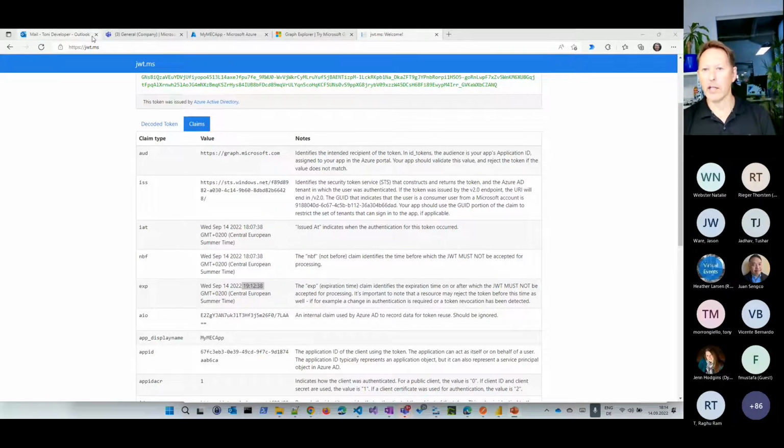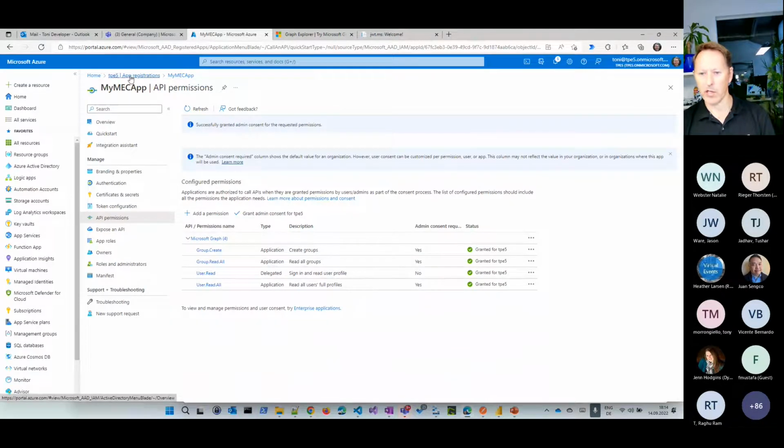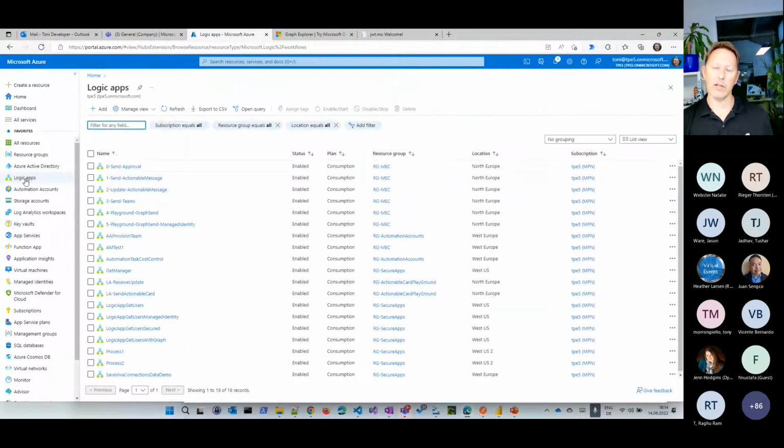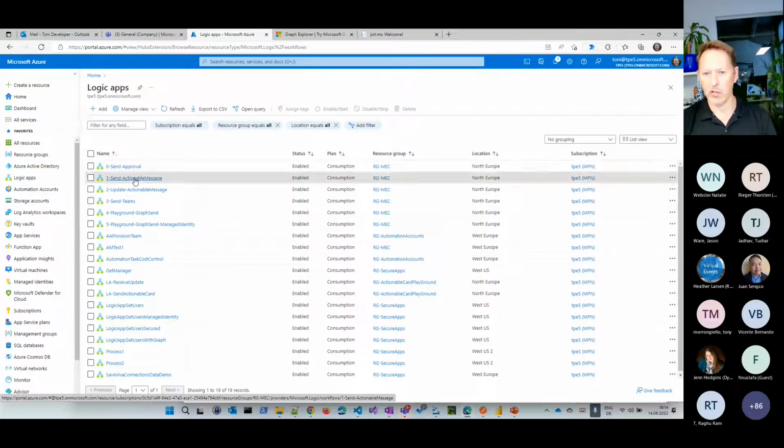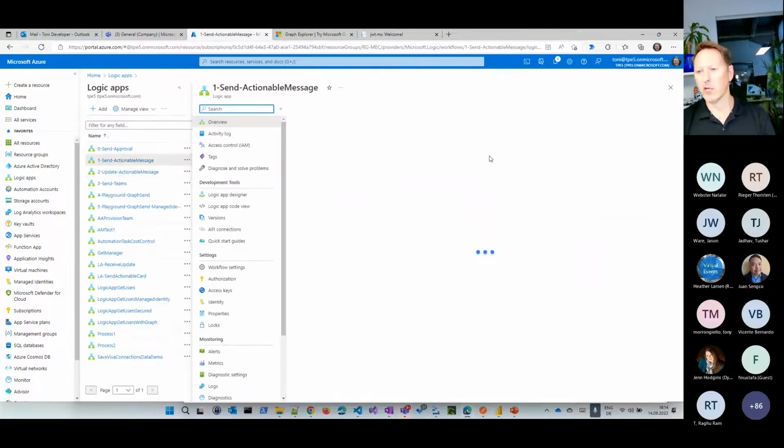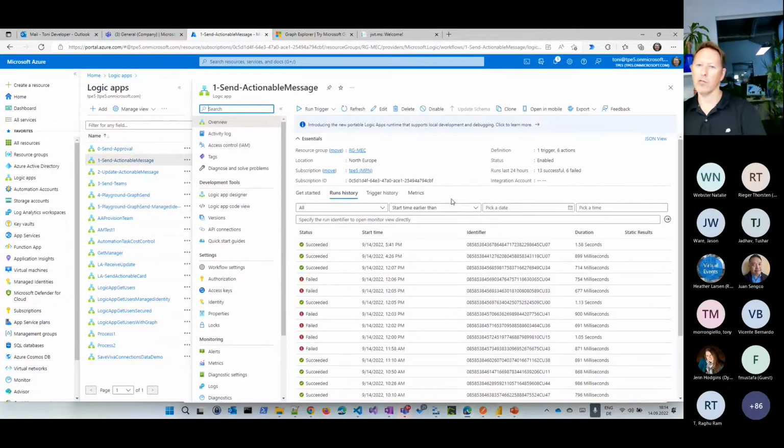Okay, once I'm authenticated, let's go back to my Azure portal here. What can I do here? Well, we have two services we can use for small automation things. So for example, here's a logic app, which also could be a flow here. And logic apps or flows are using connectors, and the connectors always authenticate with a user account, but can also use other accounts as well.